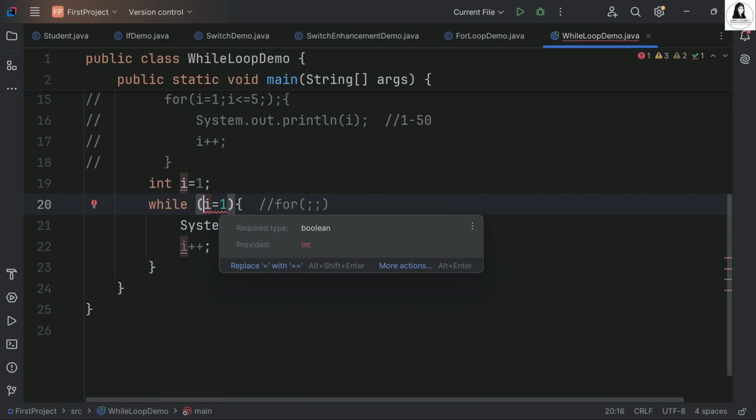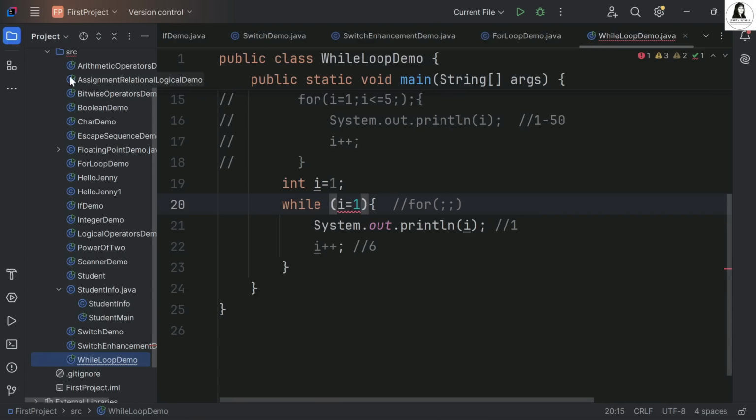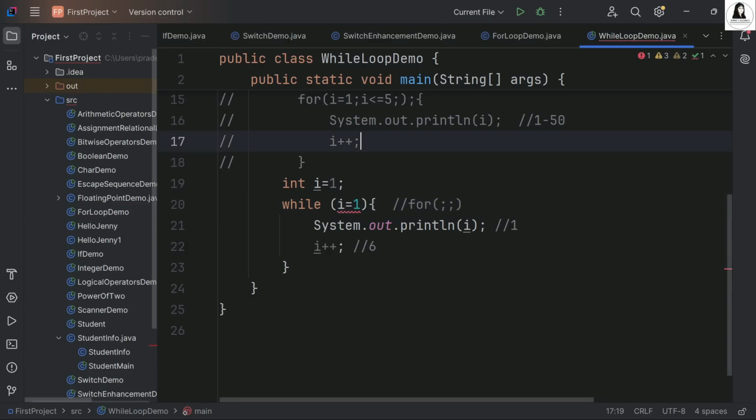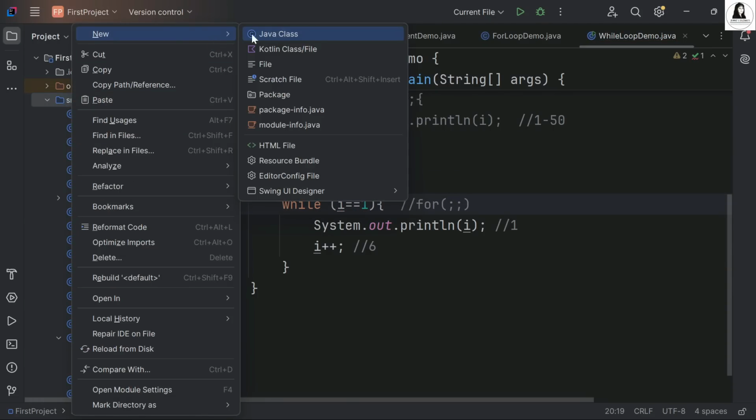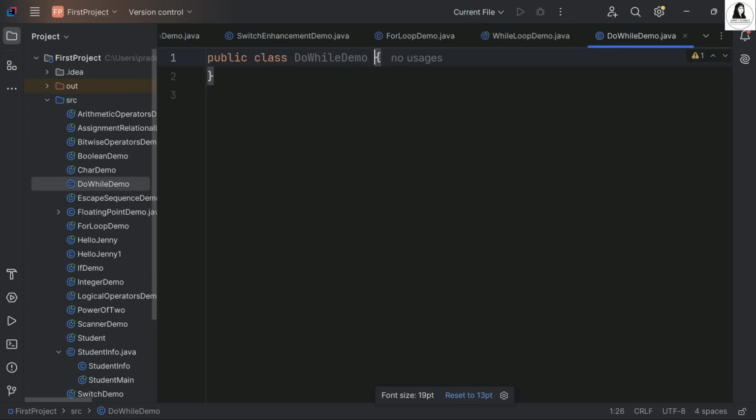Okay. Now let's practice some programs on do while loop. So same program first. Let's just copy this. We are simply printing numbers from 1 to 5 with a do while loop also. So let's correct this error and create a new file here, and I name this DoWhileDemo. This class is DoWhileDemo,